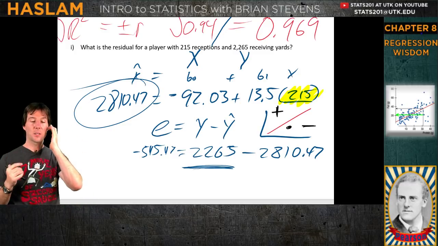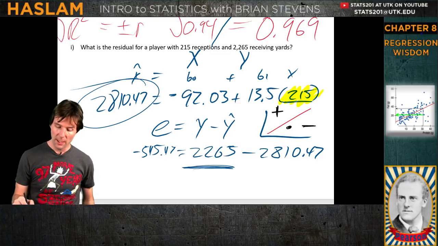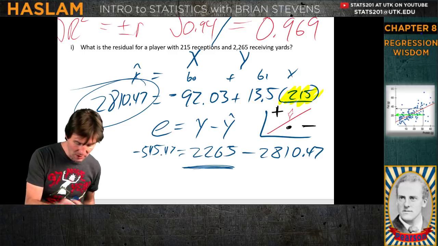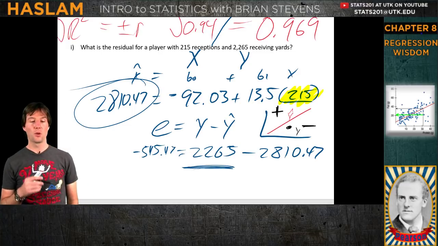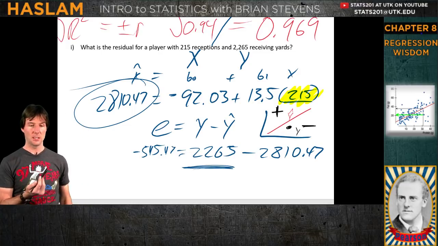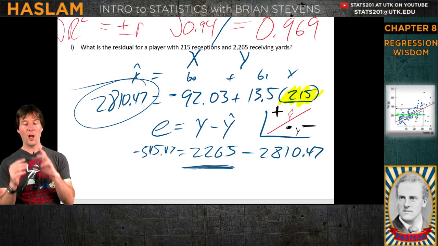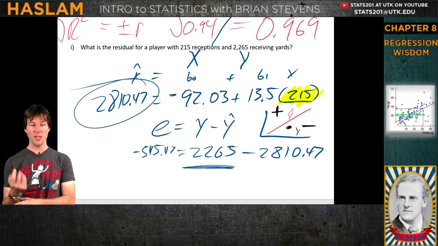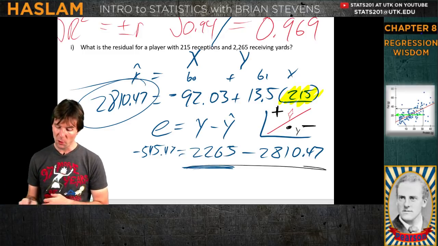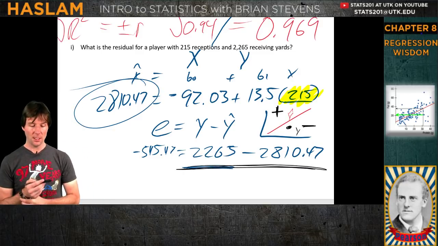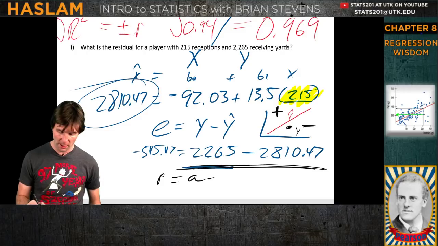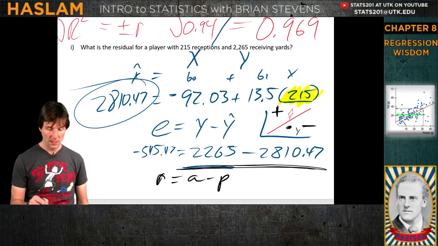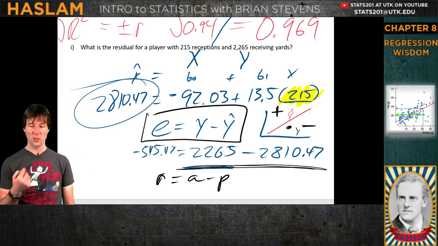So the actual minus the predicted, they are actually here and the line is higher because the line is the y hat and then the point itself is the y. So the person was over predicted. Does that make sense when we look at this visually right here? The y hat is all the predictions the line makes, where the points themselves are the observations. So all you're seeing here is how far off you were in your actual minus predicted. I like to say residual equals actual minus predicted. It's a really good way to understand it, that the residual, you can just call it R, equals the actual minus predicted. And that's the same equation here, but just written in an easier way to understand.